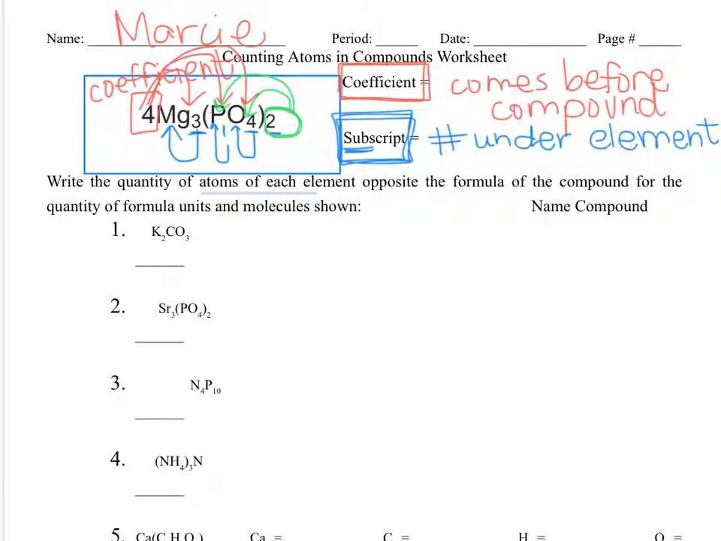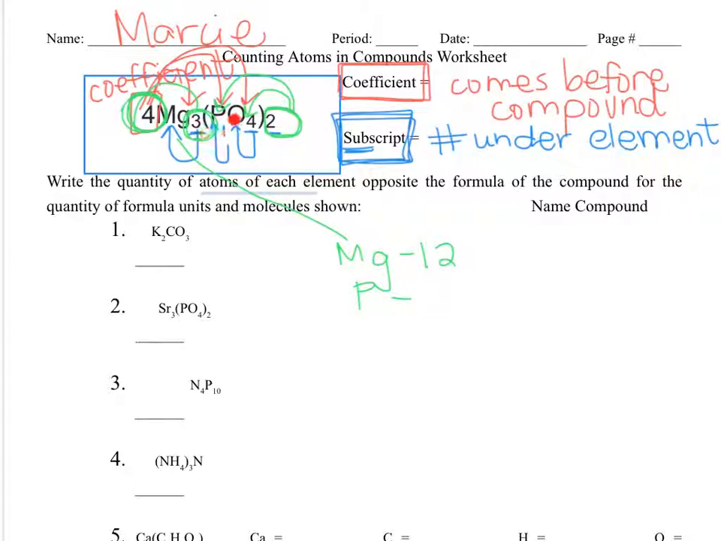So what you're going to do today is you're going to come up with the tally or the inventory for each element in the compound. So if we were doing the compound listed here, we would find for magnesium, there are 3 down low, and we're going to multiply by that coefficient times 4 to get 12. That phosphorus,